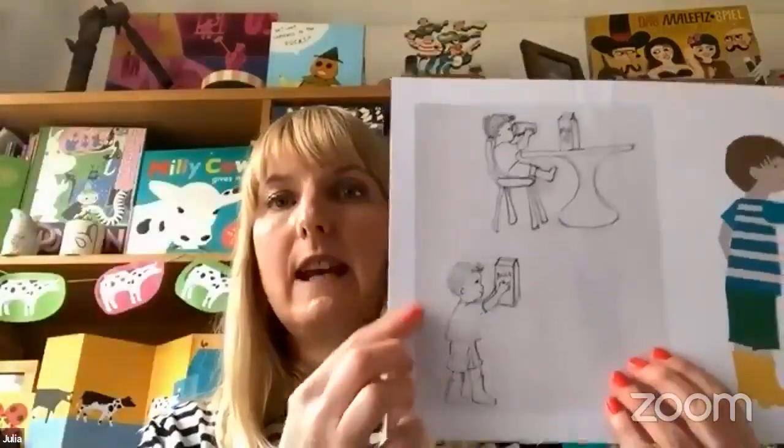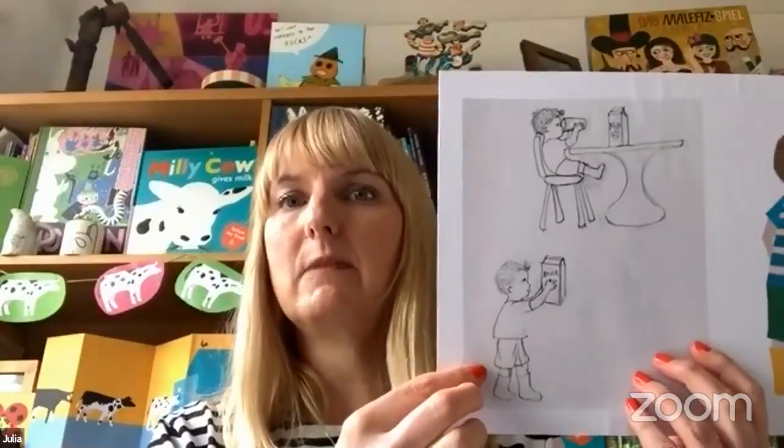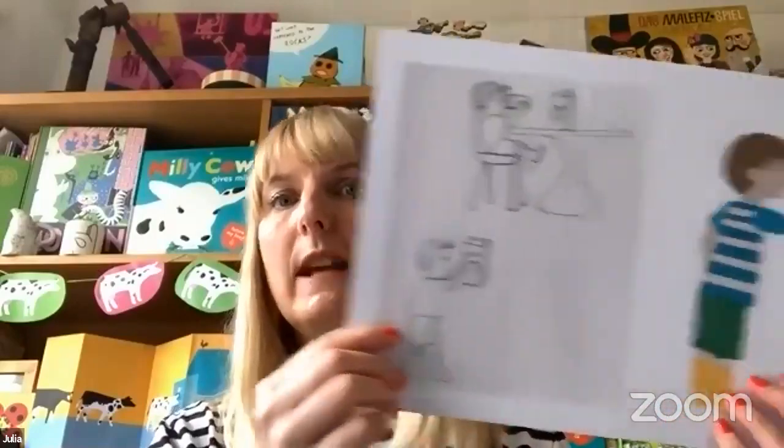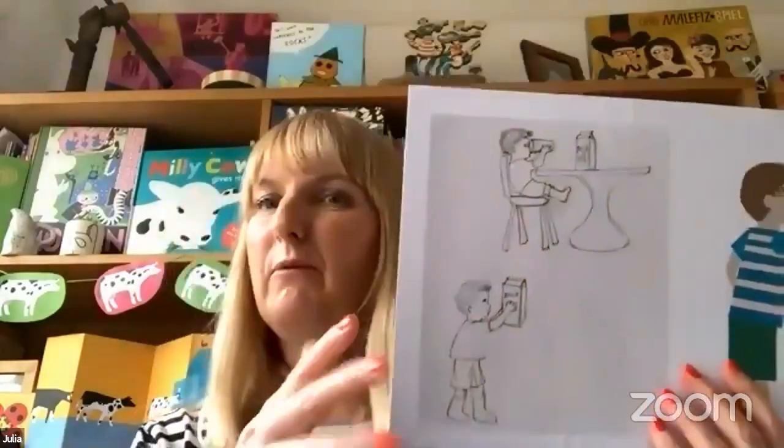So when we've talked about the text, we change the text a little bit as we go sometimes as well. Then I actually started off by making characters for the first book. I designed some characters, and then after that I do the storyboards, and then we negotiate the artwork and whether the artwork really fits. So for example, when we did the character for the little boy, I started off with these sketches, but we decided that he looked a bit young, really. He only looks about 2 or 3 in these sketches, and we actually wanted him to be an older child. So he ends up being this little boy from the book who's maybe more about 5-ish,